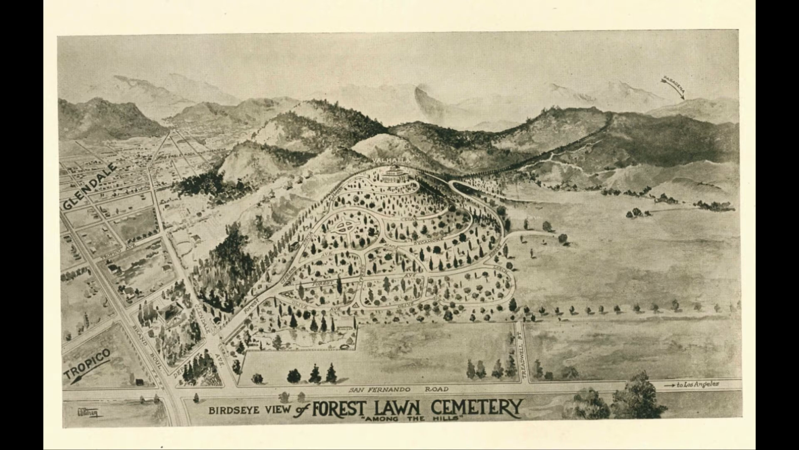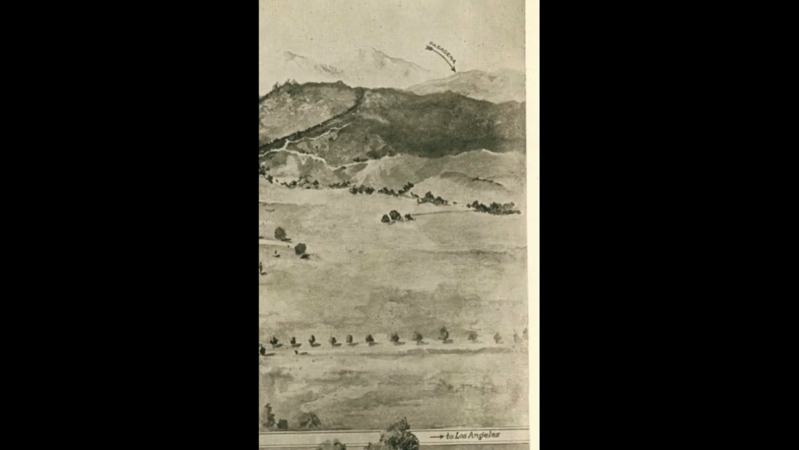The print is not intended to be utilized as a functional map. Instead, it functions as an artistic rendering of the landscape. If you look at the right-hand side of the print, you can see one arrow pointing toward the word Los Angeles and another arrow pointing toward the word Pasadena. The purpose of the arrows is to highlight how convenient it is to get to Los Angeles and Pasadena from